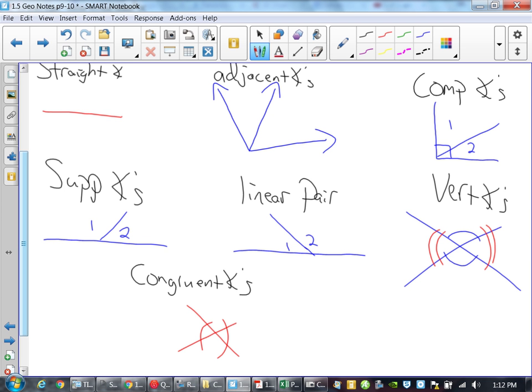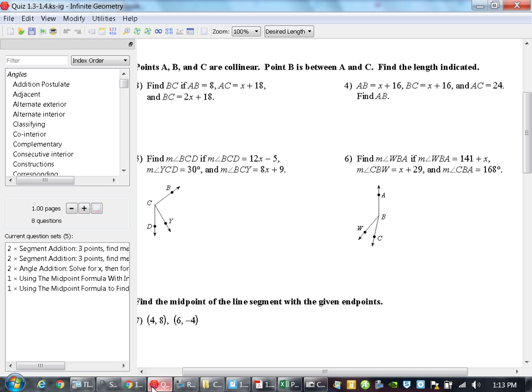Can you do angle addition the same as you would segment addition? What's the only thing that's different? You've got angles instead of segments. That's it. A degree. Everything else works the same. Can angles be bisected? Yeah, it means the same stuff. You use the same properties. For example,